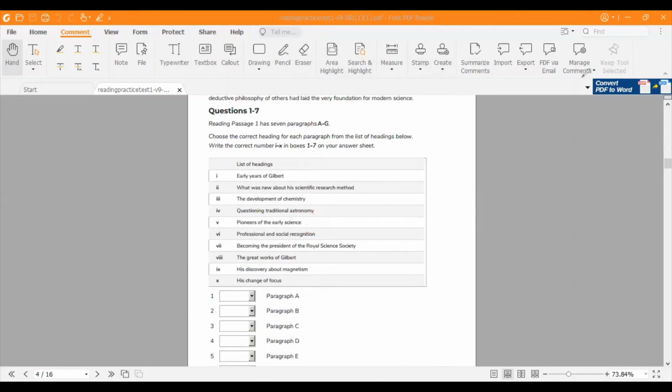So now I want you to do like this one. For example, I want to search for his discovery about magnetism. Okay. Or for example, becoming the president of the Royal Science Society, or the great works of Gilbert. We all want to find these. His change of focus, because we said in 3 or 4